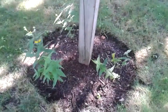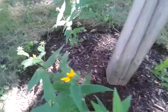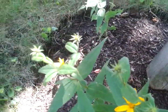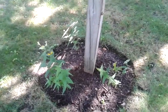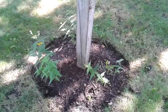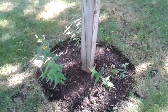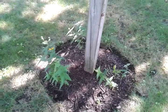This is wood sunflower, or woodland sunflower I should say. It's blooming right now. The finches will eat the seeds. It's been moved twice, so I've stunted its growth. So I can't say whether or not I've really seen any pollinators on it. I don't see why they wouldn't go to it, but...